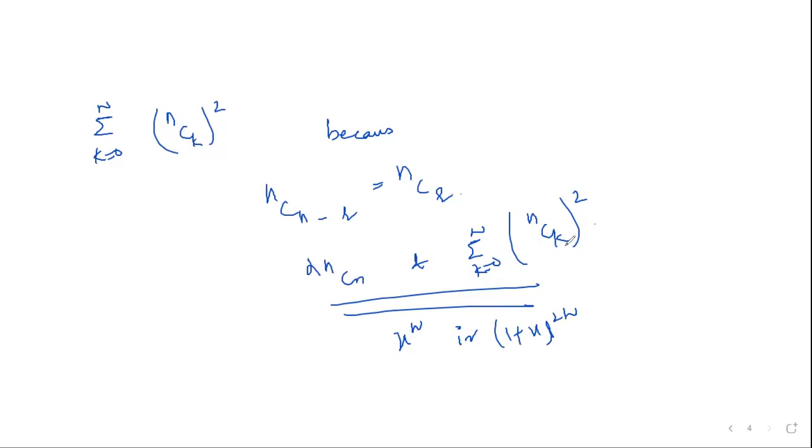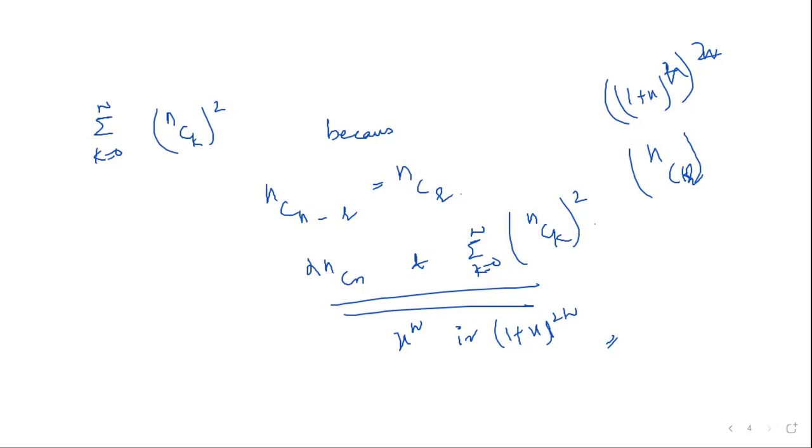What is nCk whole square? It is the coefficient of (1 plus x) whole power n whole square. So whenever we want the coefficient of x power n, here n and here is 2, and it will be nCk or nCr. Now, 2nCn is also the same thing. So this proves your theorem first. And this is very, very important.